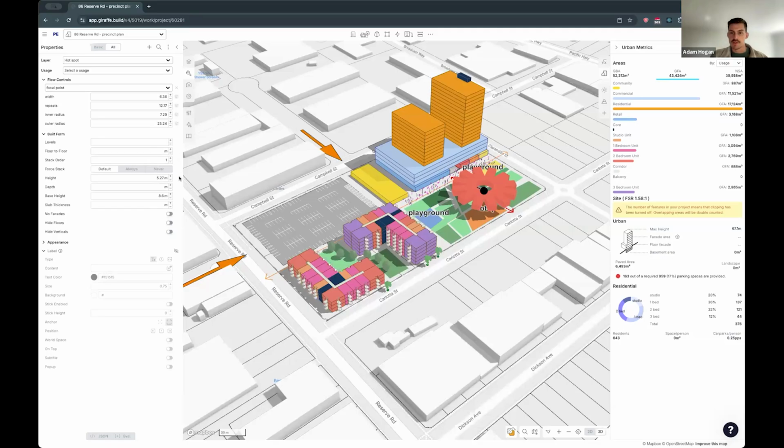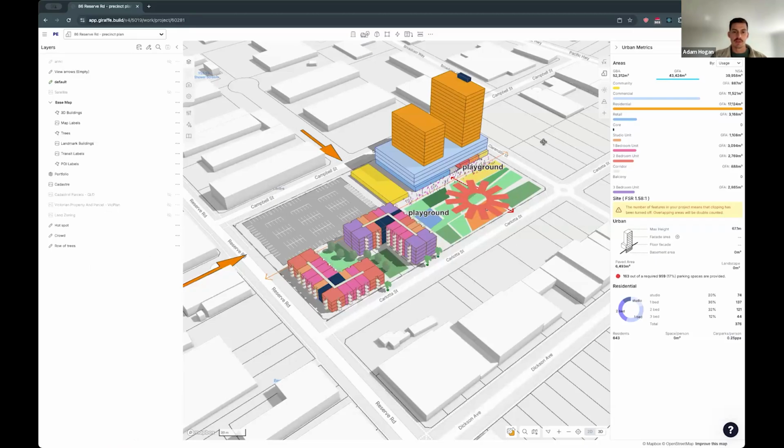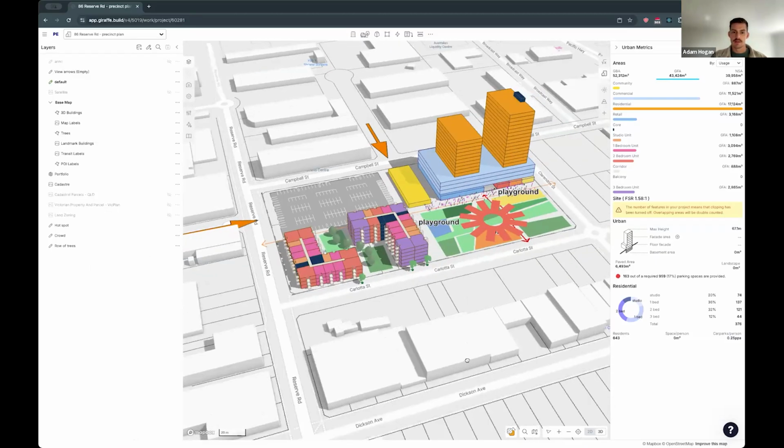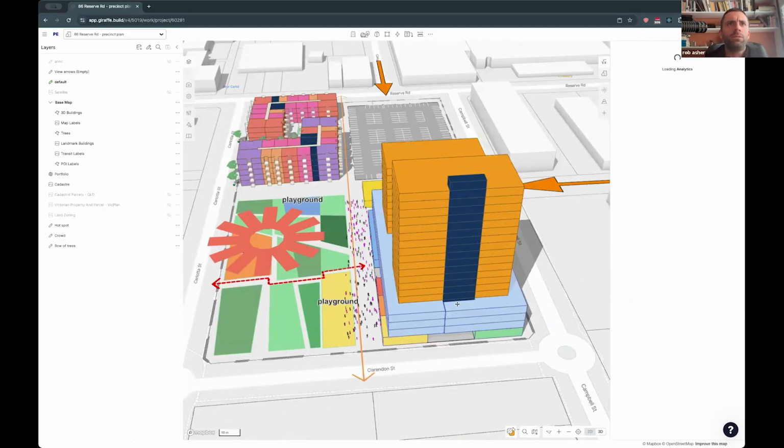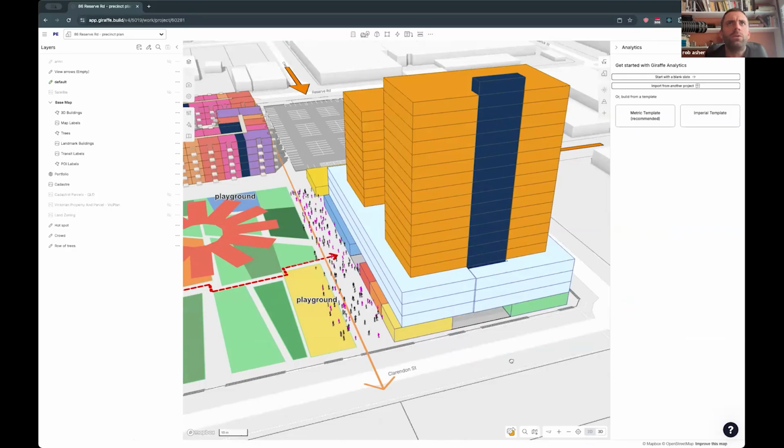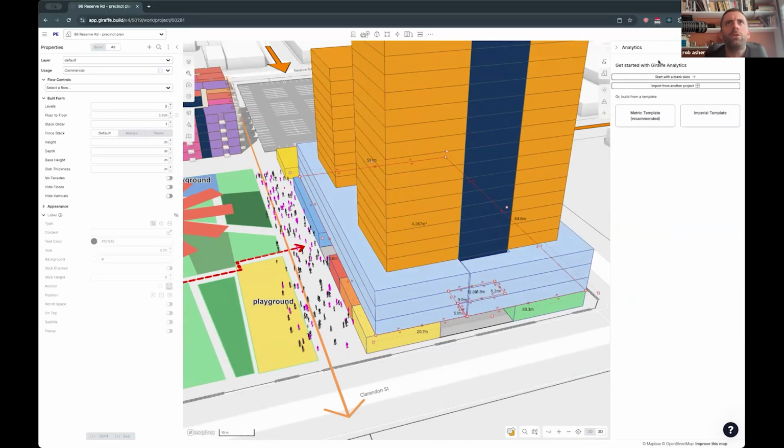There's a couple of questions in the chat, Rob. We've got Oscar asking about when you override the floor-to-floor height, is that captured in the analytics? Great question. It should be. I believe it is. So let me show you some